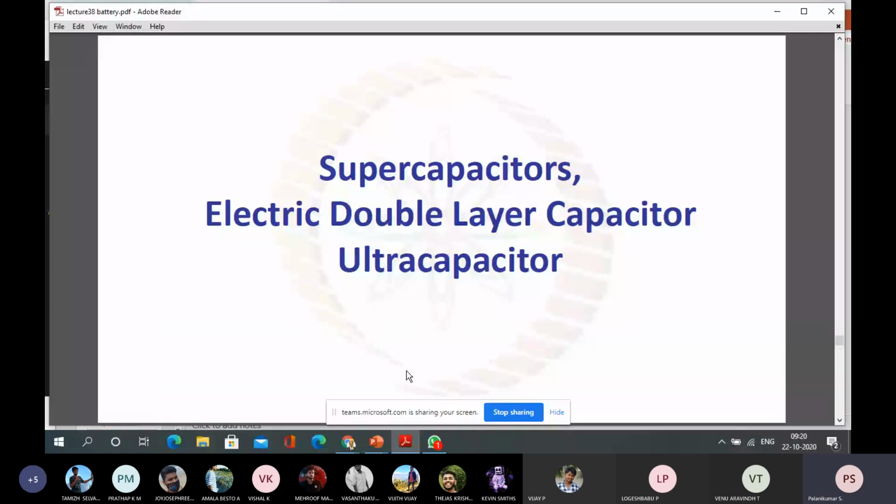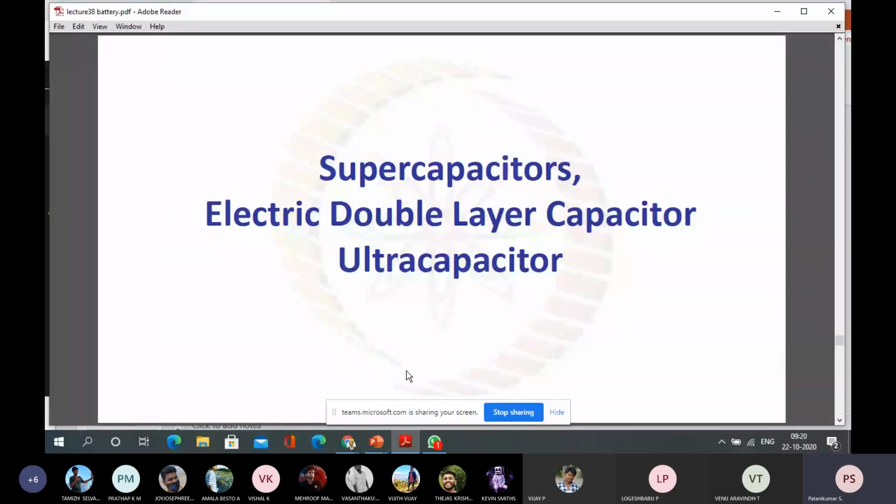At that time, it is very advisable to use this type of capacitor in between, because whenever a huge amount of energy is needed, we can tap the energy stored in the supercapacitors and ultracapacitors. So we can supplement the main required source when the energy storage falls below a certain value.